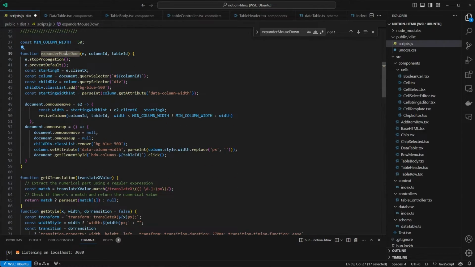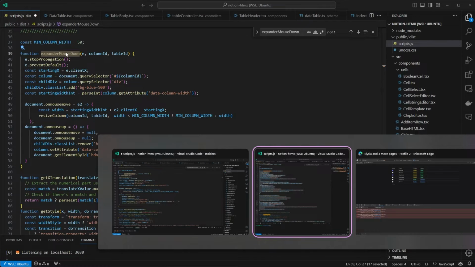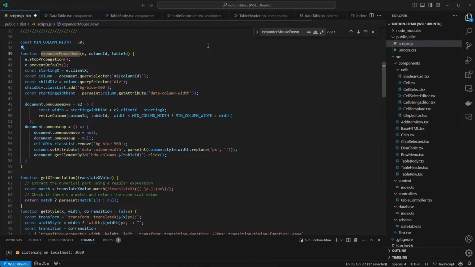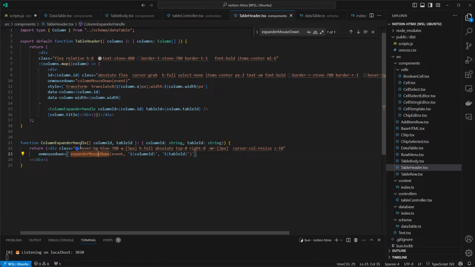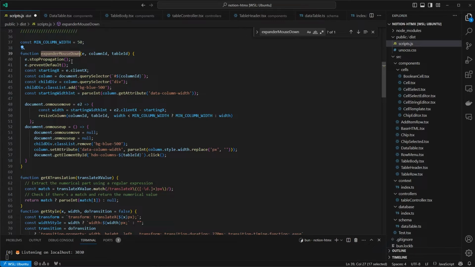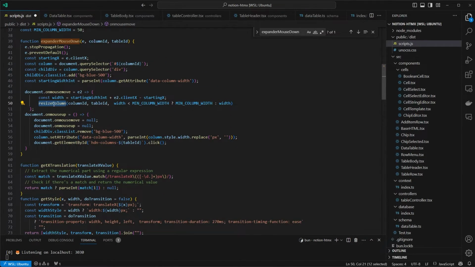This is the function that inside of the table header, inside of the expander handle that we're calling, we're passing in the column ID and the table ID. We're getting where it currently is and a bunch of stuff. Mouse is moving. We're resizing the column, and this resize column not only resizes the header, but